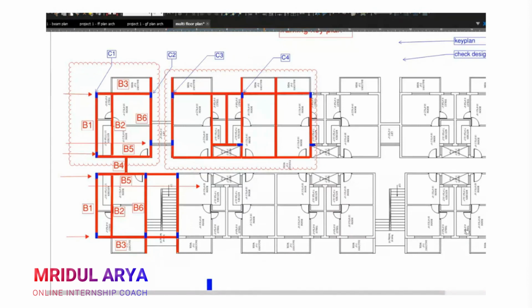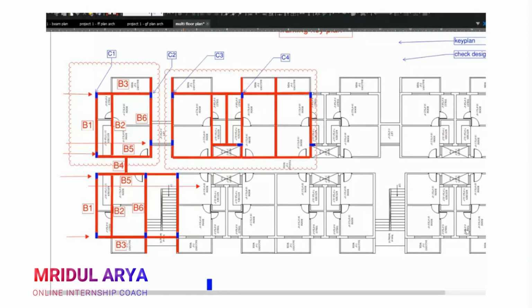Also, you will understand how the load path is going to be, how your loads are going to transfer on the beams, and how the load path is going to transfer on your columns. Also, you have already placed your columns along with their orientation. In this building, most of your columns are in the vertical direction. Now, when we come to the seismic or wind part, the lateral design, we need to check whether providing all the columns in the vertical direction is sufficient or not.